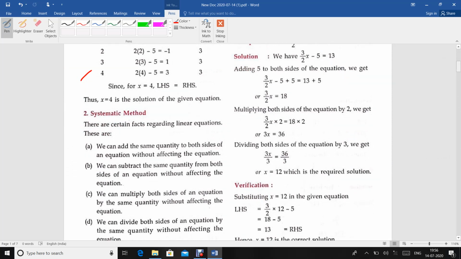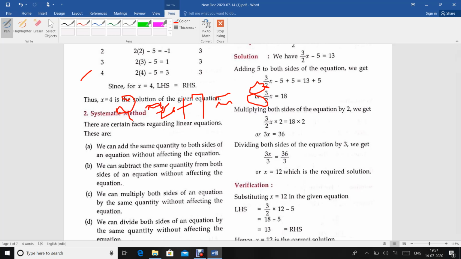According to the symmetric method, you have a linear equation, and you apply the same operation on the left hand side and on the right hand side with the same quantity. Operations means plus, minus, multiplication and division. To understand this, let us take an example. Suppose you have the equation 2x plus 7 is equal to 8.